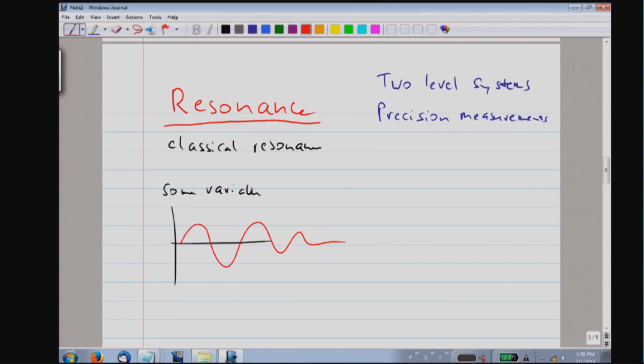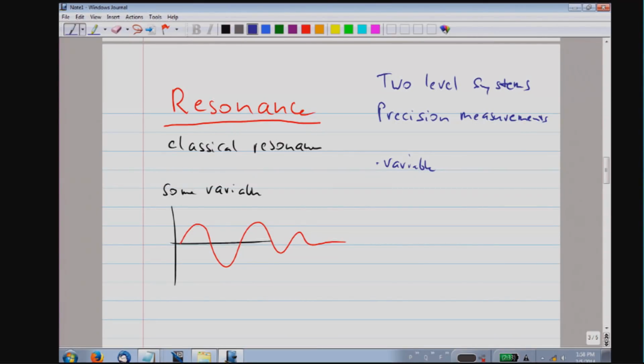There is a variable which can be anything. It can be the population, a quantum state, it can be an electric field, it can be the position of an atom, it can be anything you can think about, anything you can measure. And if this variable varies periodically,